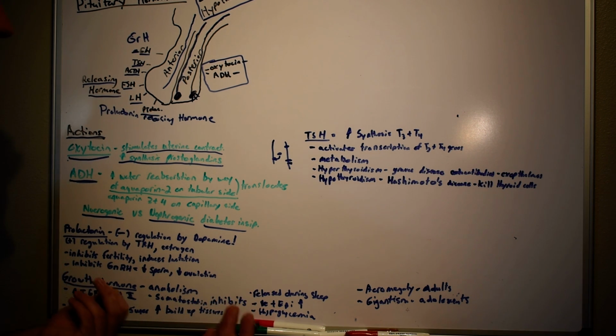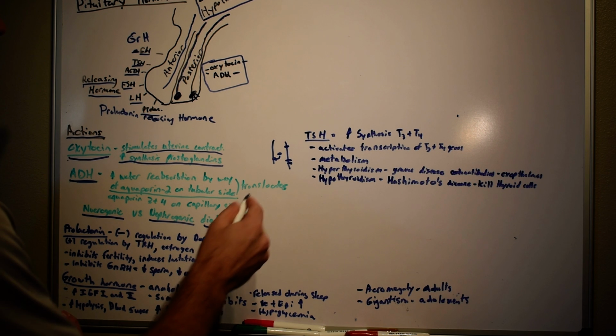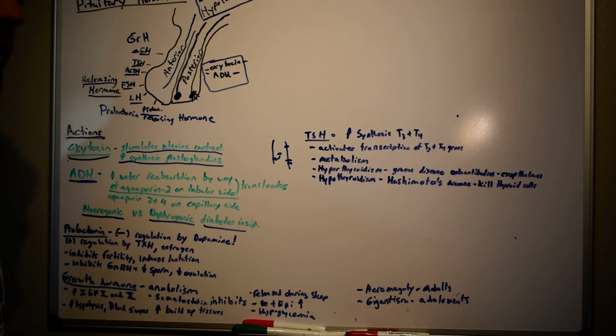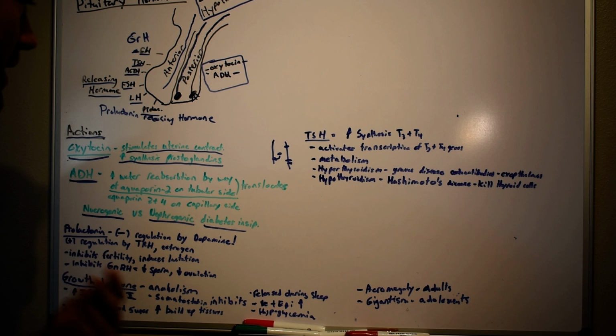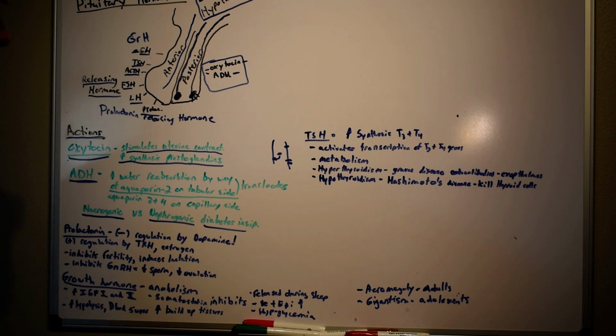So the kidneys are just flushing out water like crazy because no aquaporin 2 can be translocated to the luminal side of our collecting duct, so no water gets reabsorbed, and we're just making tons and tons of dilute urine, and it's going to dehydrate us. So people with this have an excessive amount of thirst. So what are the two ways we can differentiate the two?